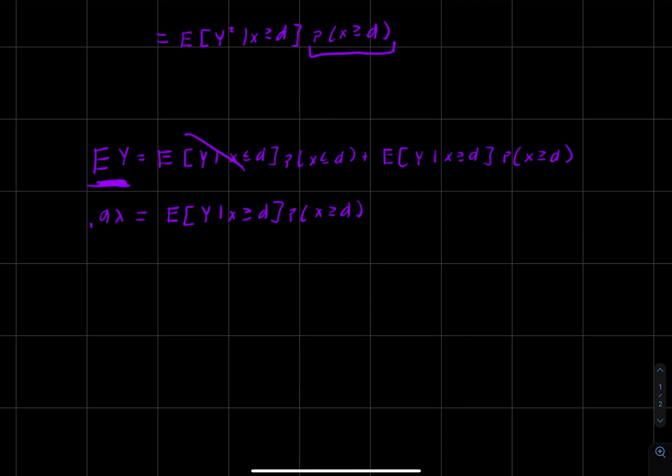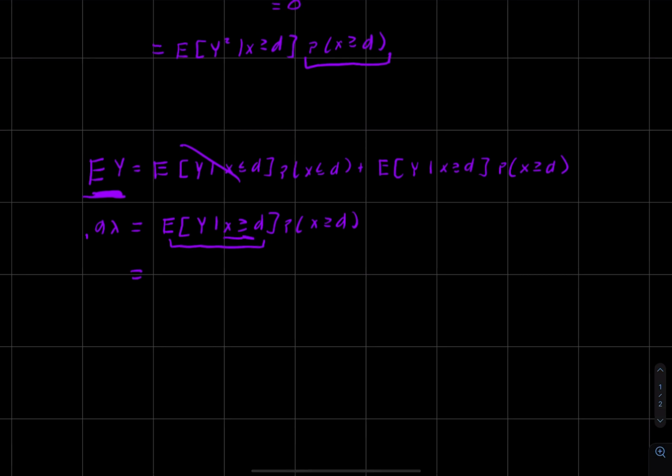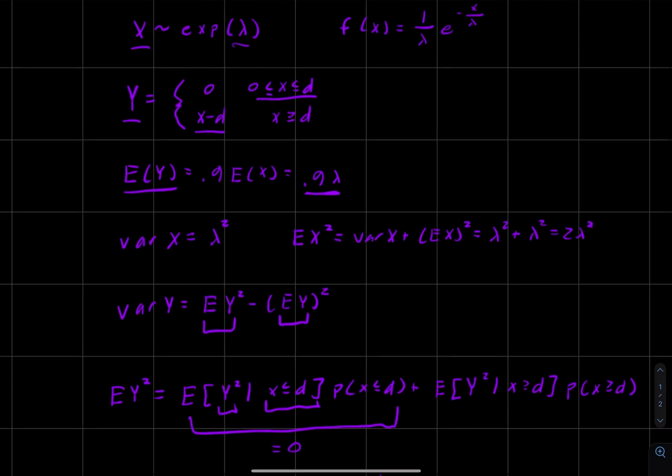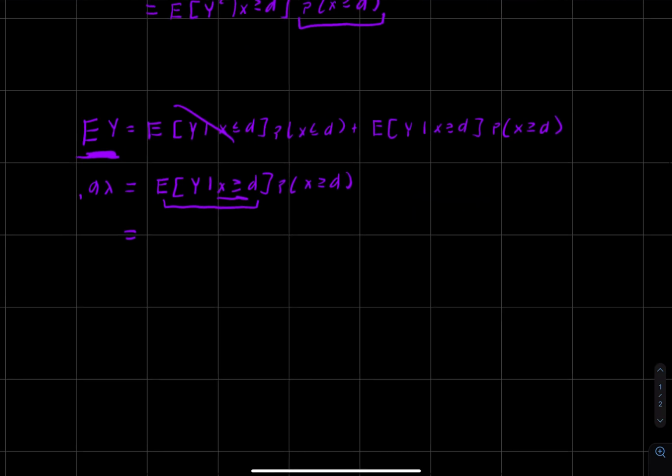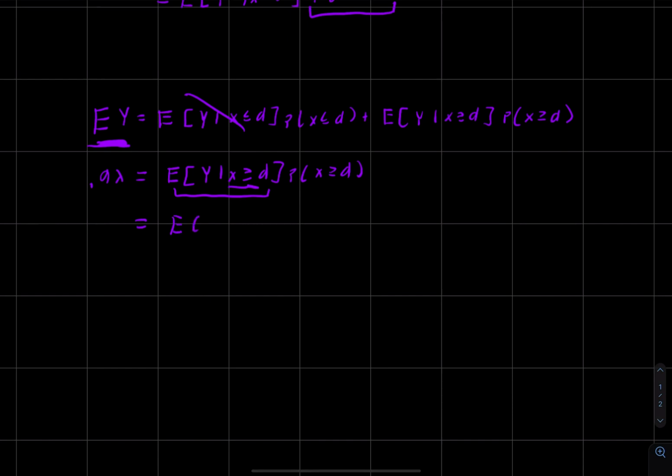So when we're talking about the expected value of Y, given that we're greater than or equal to the deductible, at this point in the support, what we're talking about is the expected value of X minus d, given that X is greater than or equal to d, times the probability that X is greater than or equal to d, right? This is where we're going to use the memoryless property. Anytime we have an expected value or a probability, either one, in the case of an exponential or a geometric distribution,